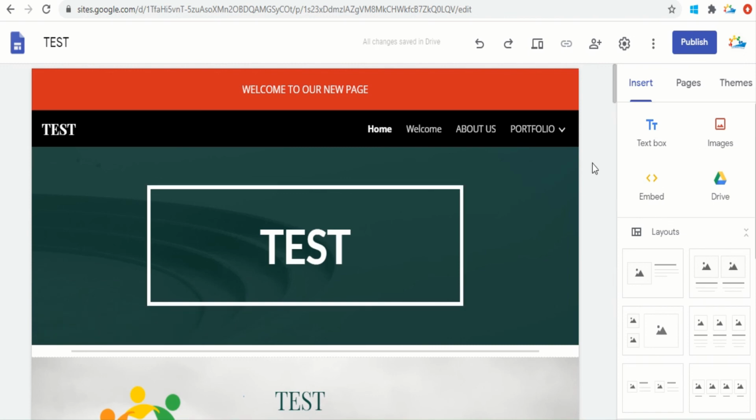These are the four different options that you can now use: text box, images, embed, and Drive link. I'll just explain this. Images we have already seen. You can place any image anywhere. Embed: if you have another website, or if you have a YouTube page, you can definitely embed that particular video or the page within your website. Google Drive can also be synced here. As the product is from Google, you have the flexibility to use any of the Google products here.